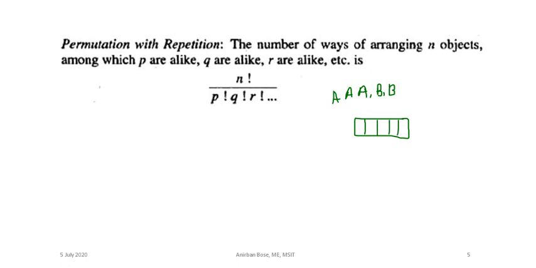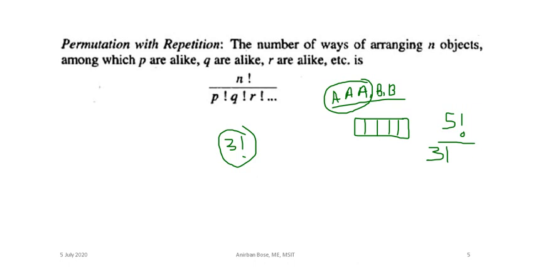In this problem, if we want to make 5-letter words out of 5 letters, it is definitely 5 factorial if all of them were distinct. But in our case, all of them are not distinct. 3 of them are of one kind. Among them, how many arrangements are possible? 3 of them can be arranged in 3 factorial ways. But these ways are not actually different when the letters are alike, so you have to divide the whole thing by 3 factorial.